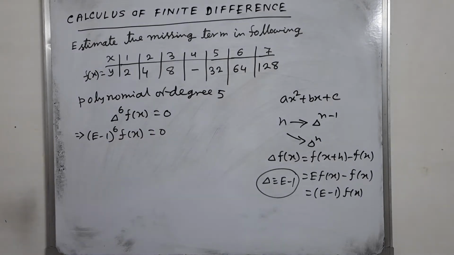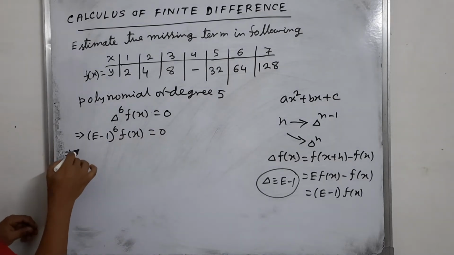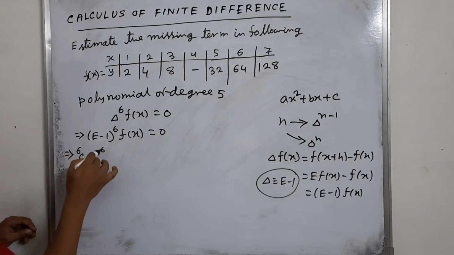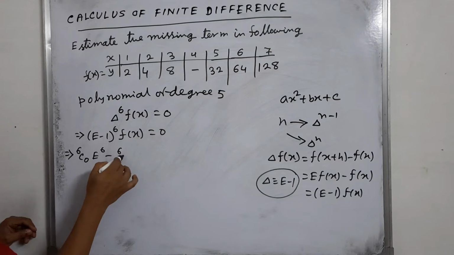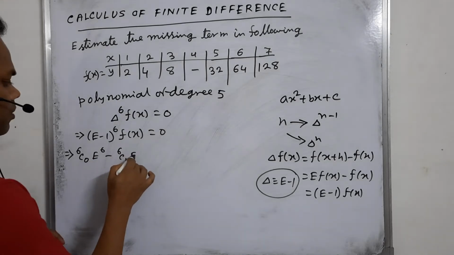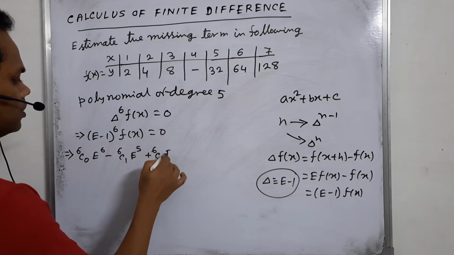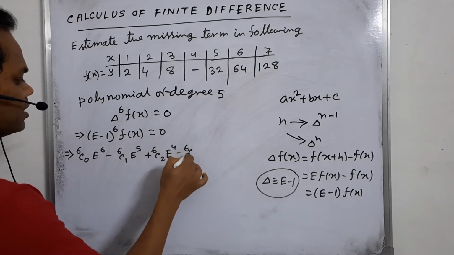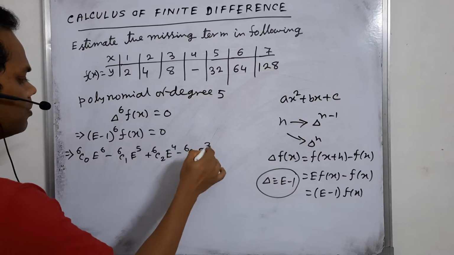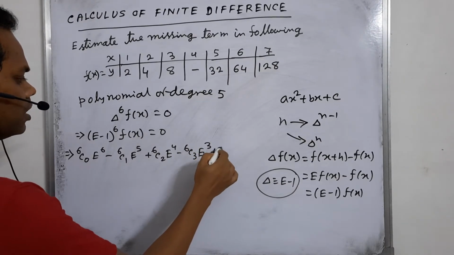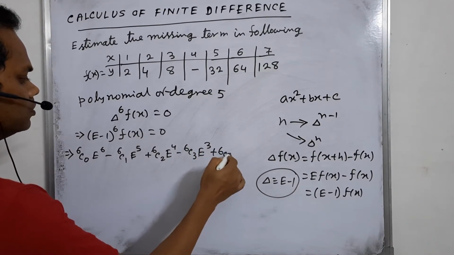Then by the binomial theorem formula we get 6C0 E to the power 6 minus 6C1 E to the power 5 plus 6C2 E to the power 4 minus 6C3 E to the power 3 plus 6C4